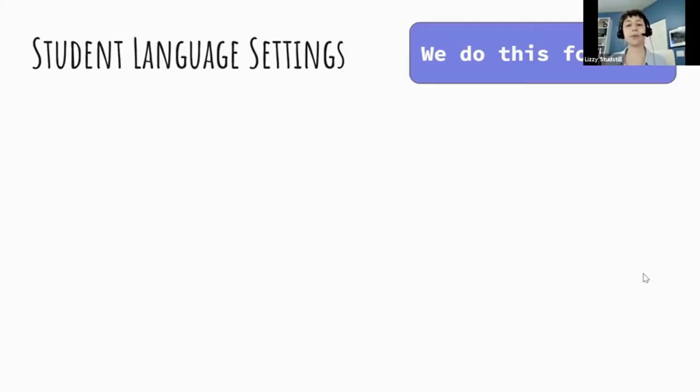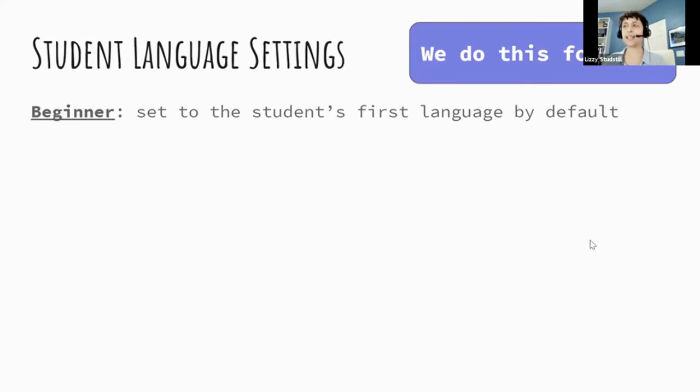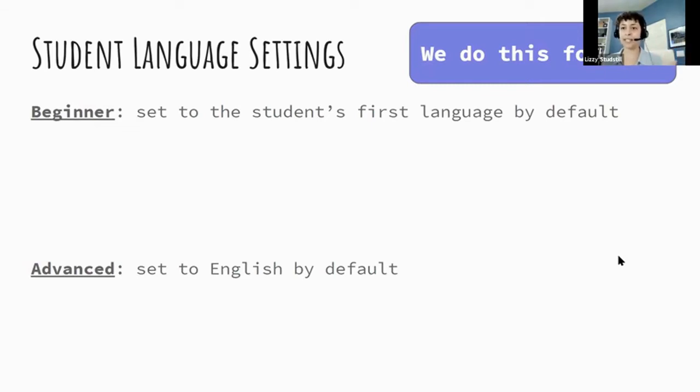As far as the language settings go, like I said, it doesn't have to be in their native language. This is something that we do for you. Teachers can't edit the students' language settings, but you can contact us at any time and we can switch it over. By default, this is the way we have it set up right now. For all of our beginning classes, it is set to the student's first language to start with, so that they're getting all of those initial communications in a really clear way. For our advanced classes, it is set to English by default. And if you have something complex that you want to message out, you can let us know just to make sure everybody definitely gets that message.